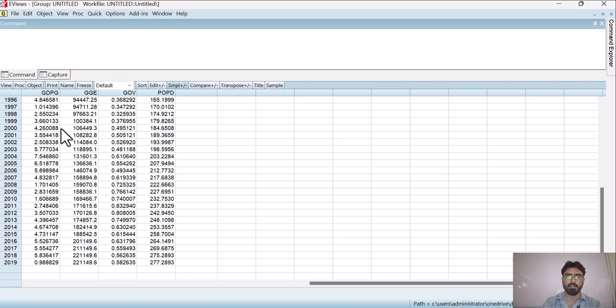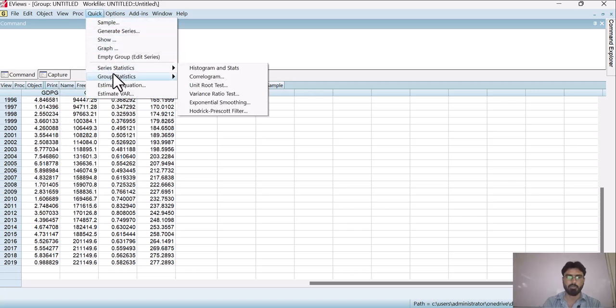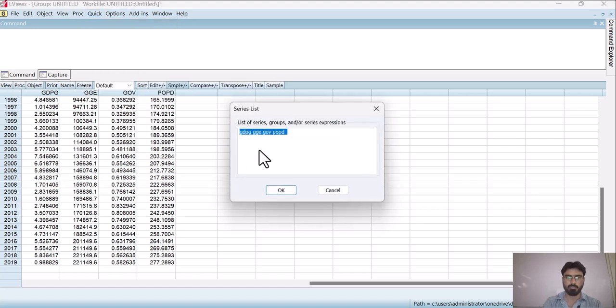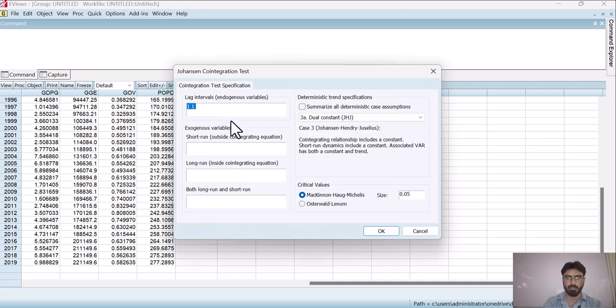For applying the Johansen cointegration test, go to Quick, then Group Statistics, and here you can see the option for the Johansen cointegration test. So click on this option. Here you can see that all of the variables which we have brought into the eViews file are present. Now simply click OK. Here it is asking about the lag intervals.